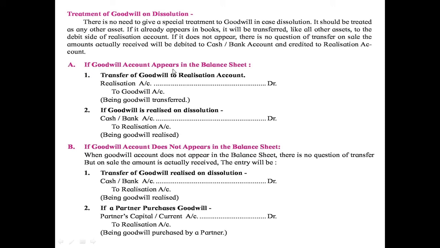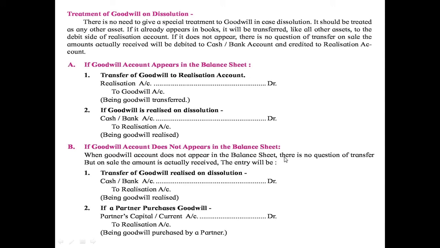If the goodwill account appears in the balance sheet, then it will be transferred to the debit side of the realization account. So realization account debit to goodwill account. And when the cash is realized for the goodwill, then cash comes into the business, so cash or bank account debit to realization account. But if the goodwill does not appear in the balance sheet, but then the partnership firm